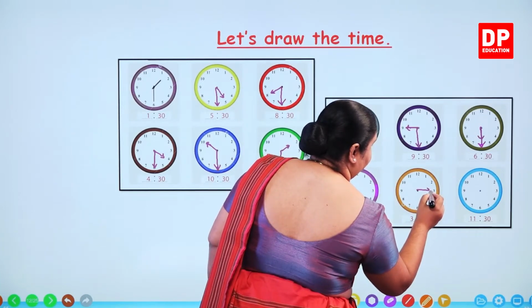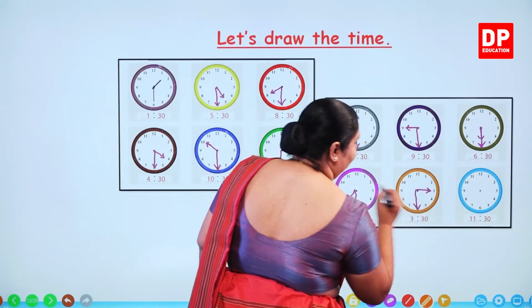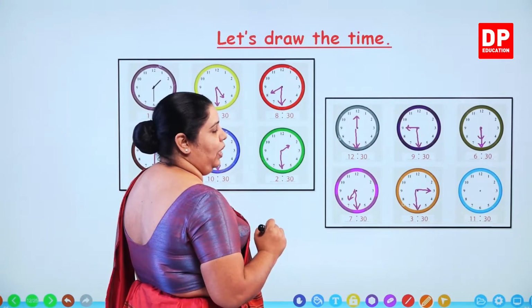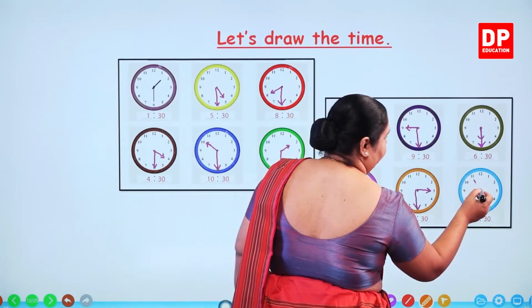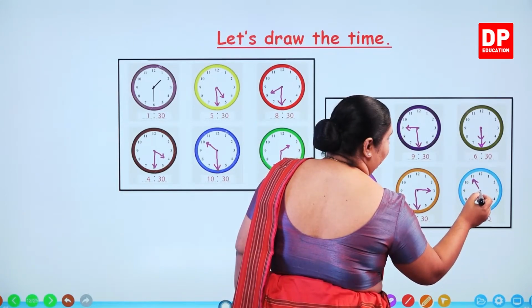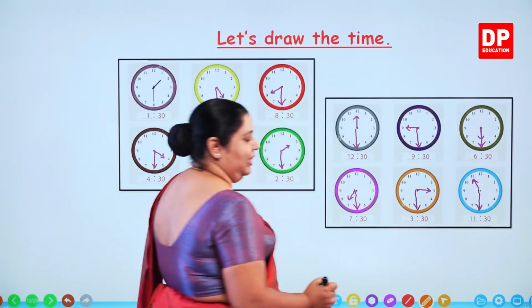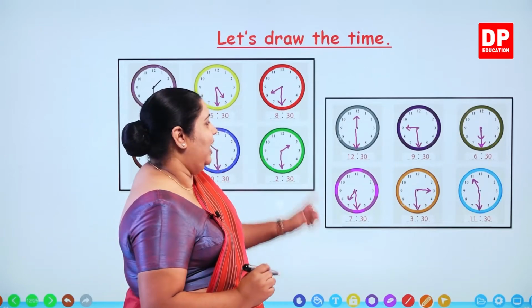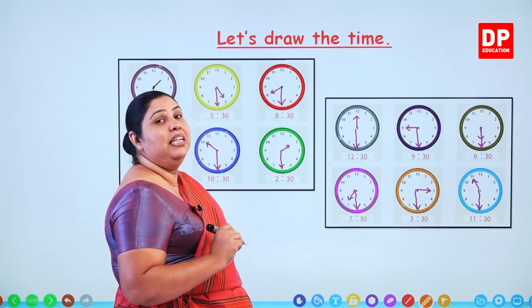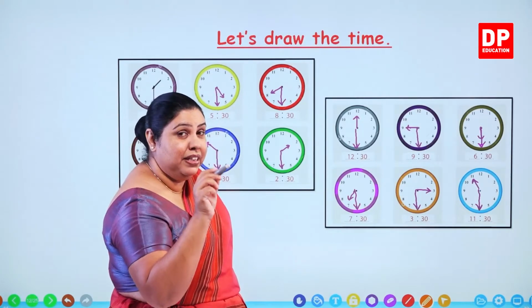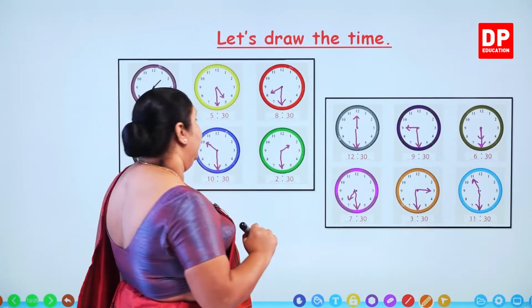3:30. The long hand to number 6. 11:30. The short hand to number 11. Long hand to number 6. 11:30. Right. So now we have completed about the 30 minutes, which says when the long hand comes to number